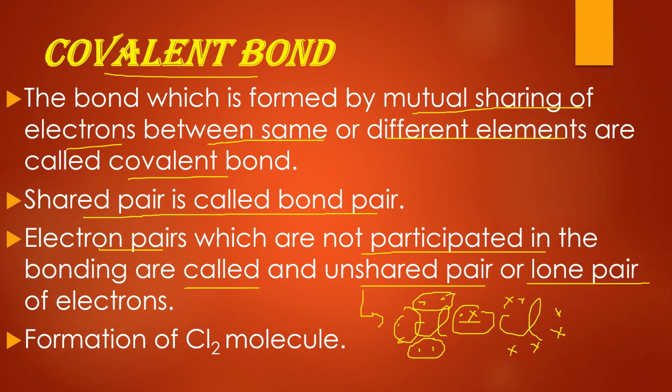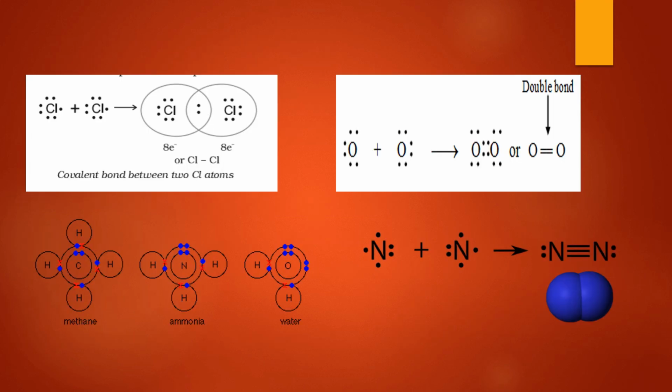Now let us take the example of the chlorine molecule. Here chlorine has 7 electrons in the outermost shell, and it needs 1 electron to complete its octet. So here 1 electron sharing takes place. This is the shared pair of electrons and a Cl single bond Cl is formed. So in this case both Cl atoms have 8 electrons, that is a complete octet.